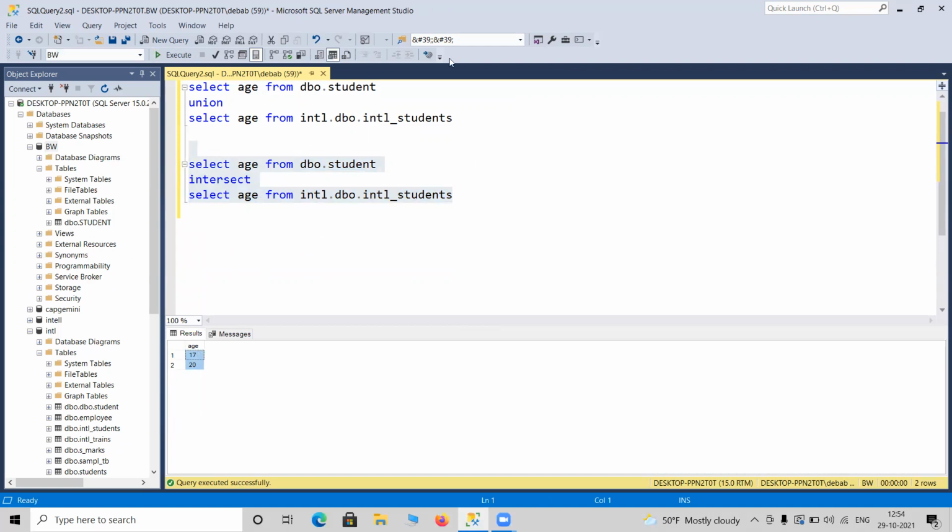If you can remember, if any one of you loves mathematics, it is something related to the set theory as well. Suppose we have a data set A and we have another data set as B. So this common part is being called as intersection, and union all means everything. This common part will come twice, and union means just these two circles without the common part twice, the common part will occur for one time only.